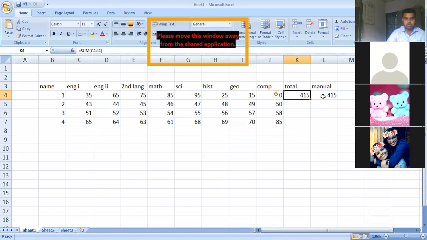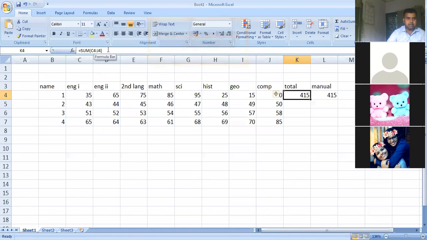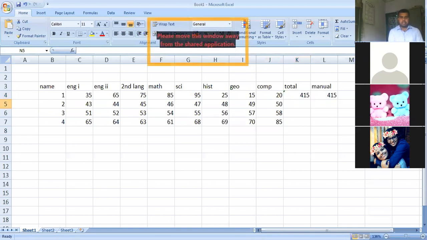Now if I click on the manual cell, in the formula bar you can see equal to, and the addresses of all the cells are given. So this is the manual way of writing a formula. And this one, that is the total part, is the mathematical function which you can use in the formula. Okay, now this is done.